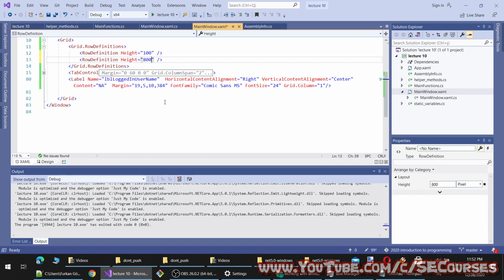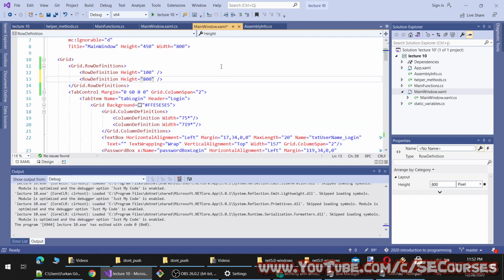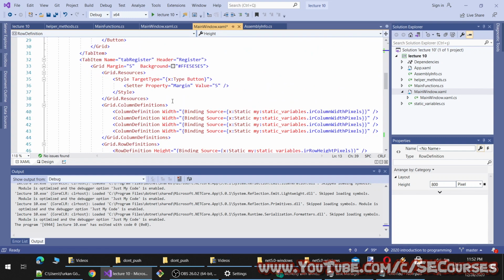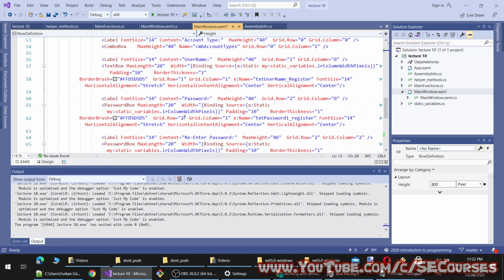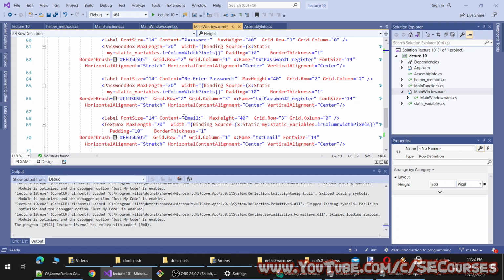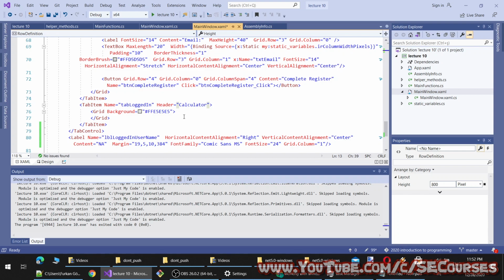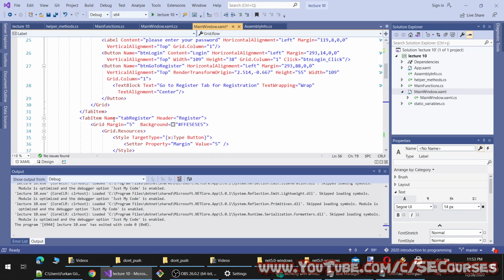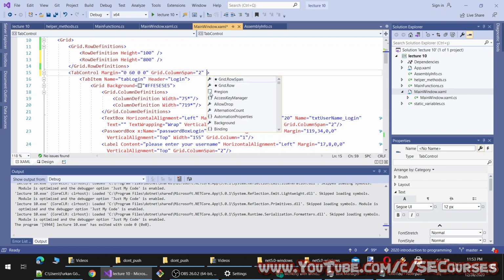And if we make it like this, we need to have, of course, grid column or grid row definition. So let's assign them as well.